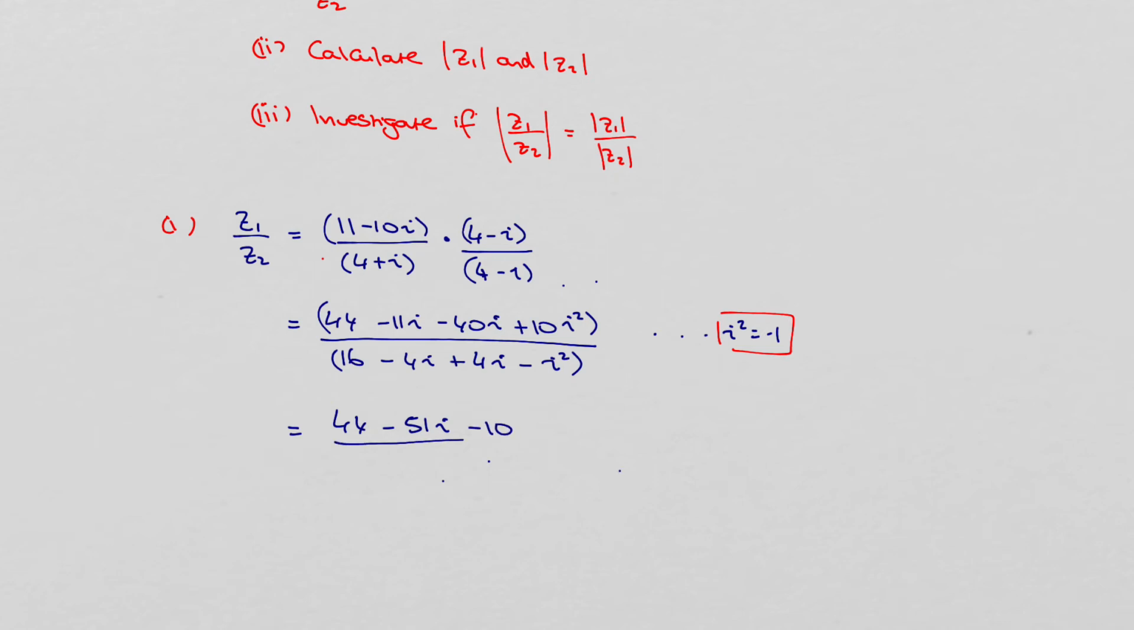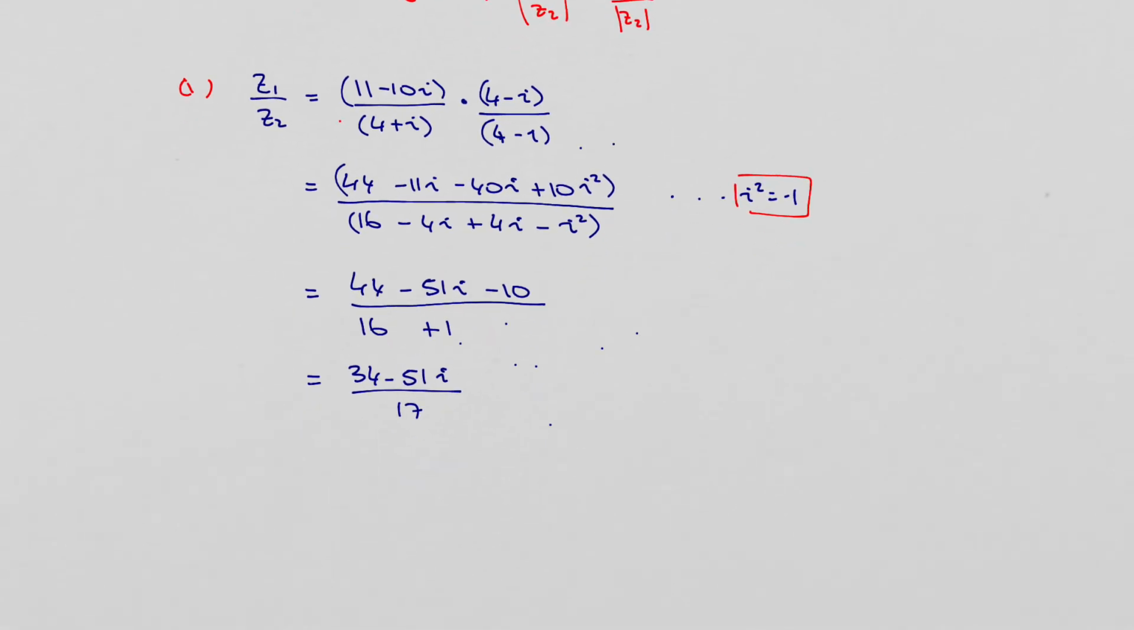minus 10, when I multiply i squared and replace that with minus 1, so minus 1 by 10 is minus 10. On the bottom, 16, and then minus 4i plus 4i is 0, and minus 1 is plus 1. So on the top, I end up with 34 minus 51i divided by 17. So that is basically 34 over 17 minus 51 over 17i, and 17 divides into 34 twice, and 17 divides